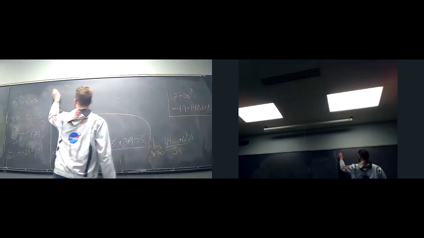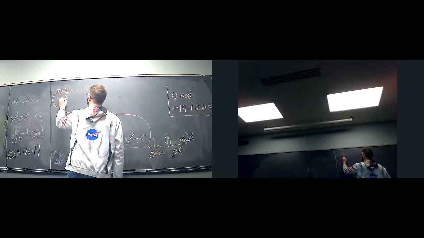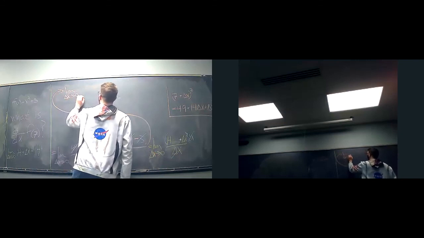Yes, ma'am. Where does the delta x go when we find 14? Yeah, where did it go? So let's go back to this. All right, I'm going to keep this. I'm going to move it up. So this purple left us with the limit as delta x approaches 0 of 14 delta x plus delta x squared over delta x.